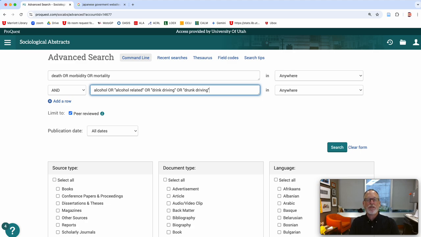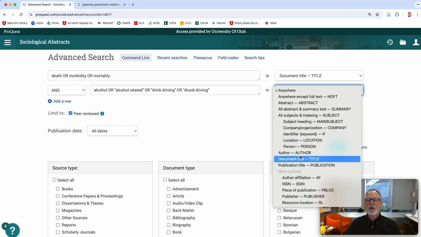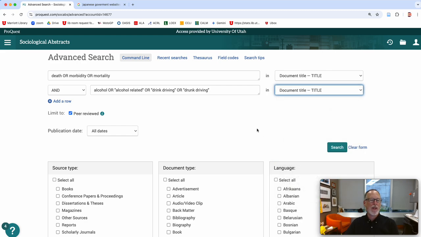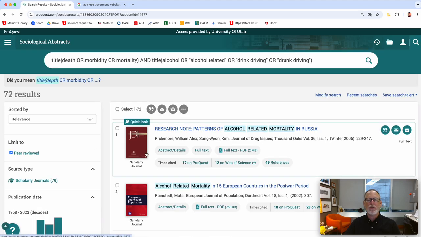You could put all sorts of campaign iterations or euphemisms, but I discovered that since the 1950s there's so many things on this that I wanted to say, okay, these words have to show up in the document title. That might be too far, because I think it narrowed it down to just a handful of things. Yeah, 72.